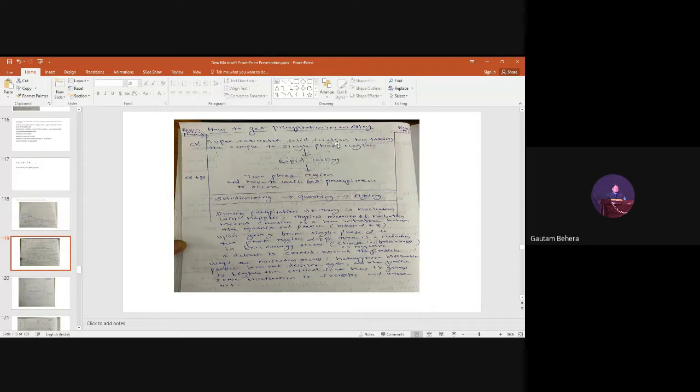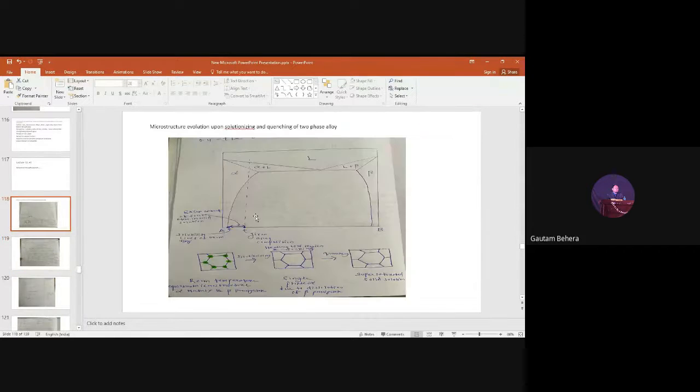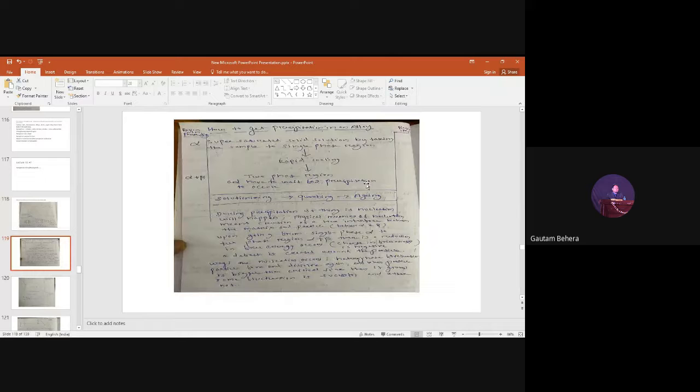Supersaturated solid solution: by taking the sample to a single phase region, then rapidly cooling it to the two-phase region. You understand this is the two-phase region, alpha plus beta, and this is the single phase region. Solutionizing is done at the single phase region, but quenching will be done to the two-phase region. Fine. Then you have to wait for the precipitation to occur. Wait means what you are doing? You are doing